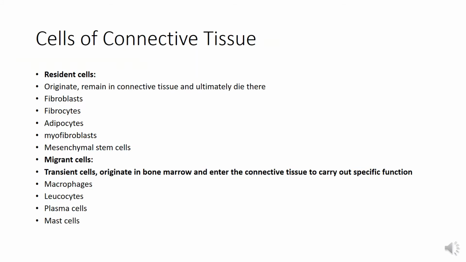So cells of the connective tissue. Now we will concentrate on these cells. There are various types of cells in the connective tissue, and these are divided into two types: the resident cells and the migrant cells. Resident cells originate and remain in the connective tissue, and ultimately they die there. While the migrant cells are transient cells, originating in the bone marrow and entering the connective tissue to carry